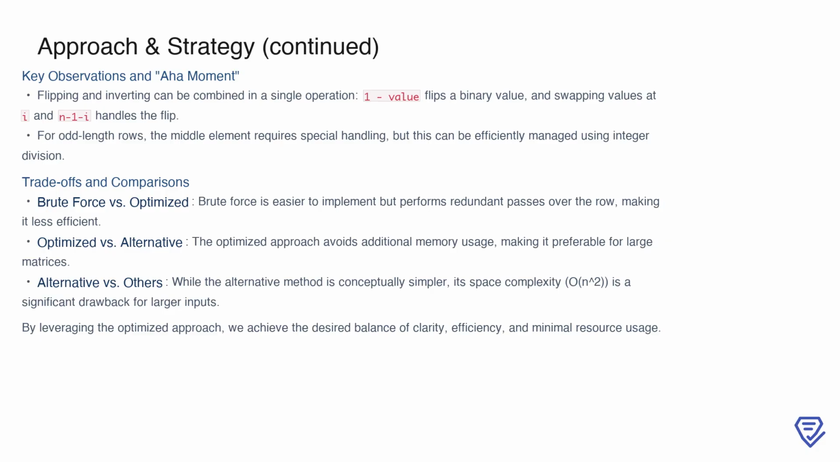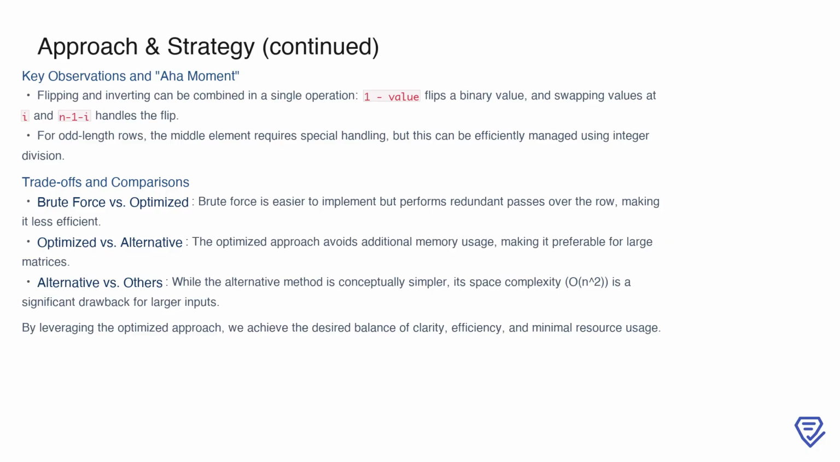Comparing the approaches, the brute force method is easier to implement but results in redundant passes over the data, making it less efficient. The optimized approach eliminates this redundancy and avoids additional memory usage, making it preferable for larger inputs. While the alternative method simplifies the logic by using a new matrix, its O(n squared) space complexity becomes a significant drawback when working with large matrices. By choosing the optimized approach, we achieve a solution that is both resource efficient and straightforward to implement, making it